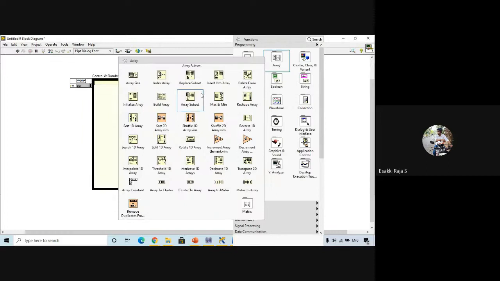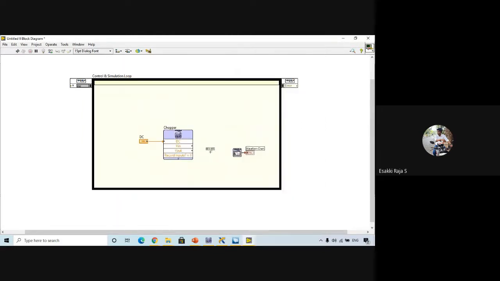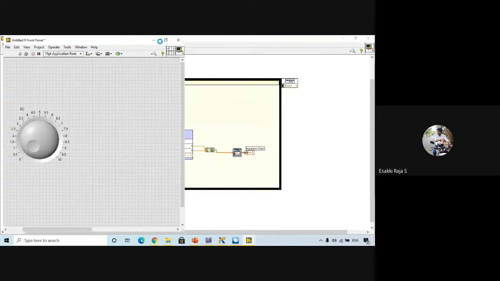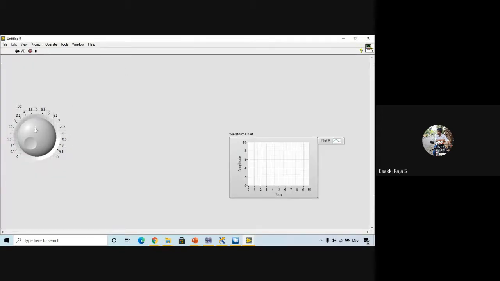To display both signals in a single waveform graph, I need a Build Array. I can connect this. Now if I run, it will take some time to start the simulation.